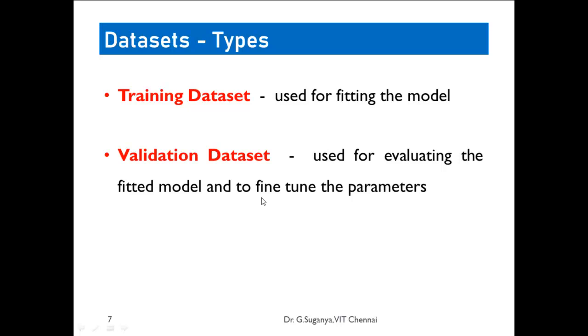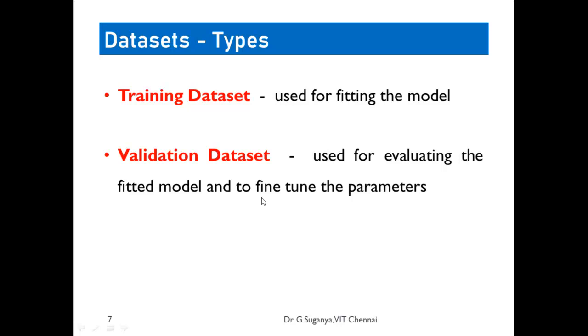For example, let's say you have 60 students in a class. If I'm trying a new technique to improve the learning strategy, I can use 30 of my students to train themselves using that model, and 10 good students, good in the sense that they can give me proper feedback, for validating the fitted model.